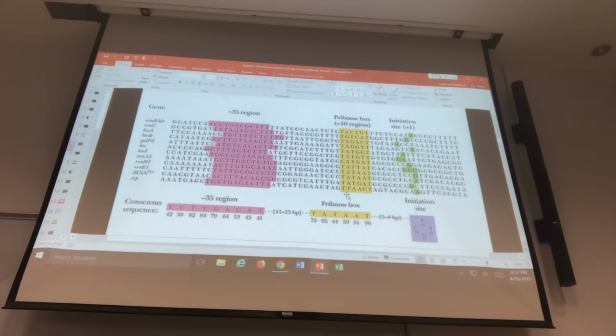Now, what if you have multiple answer choices that look exactly the same as the consensus sequence? You break the tie by looking at the other places around the consensus sequence. The ones with more A's and T's in it is better, because what's the purpose of these promoter sequences? It's where DNA is going to open up so that you can transcribe it. So, once you have your promoter, once you have your consensus sequence that looks really good, if you want to break some ties between consensus sequences, look at everywhere else. How many A's and